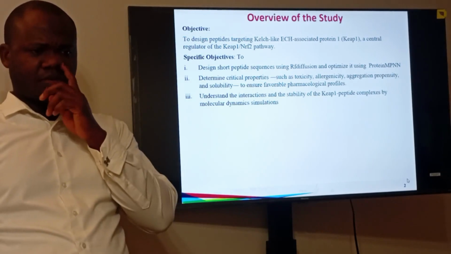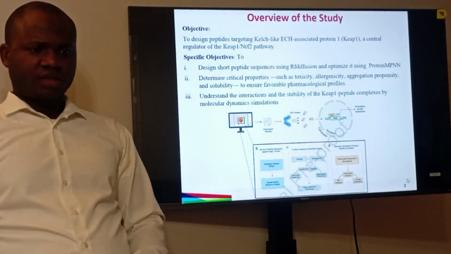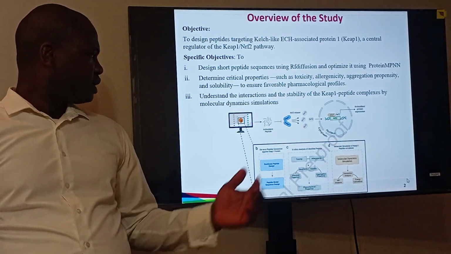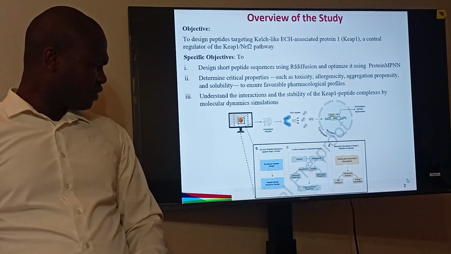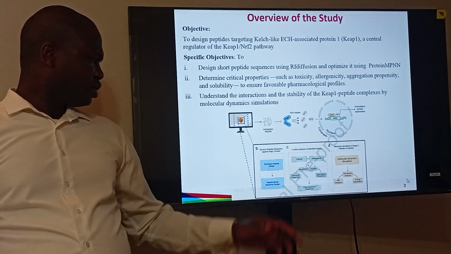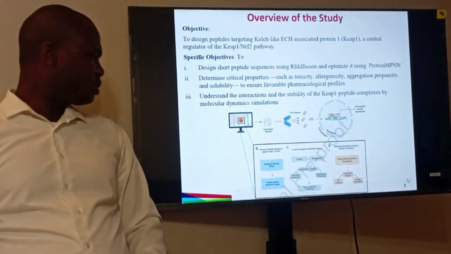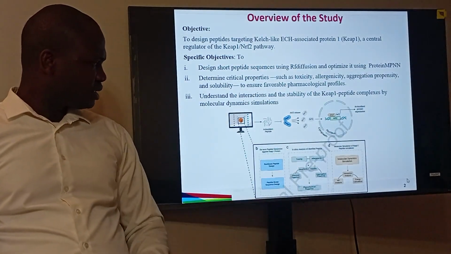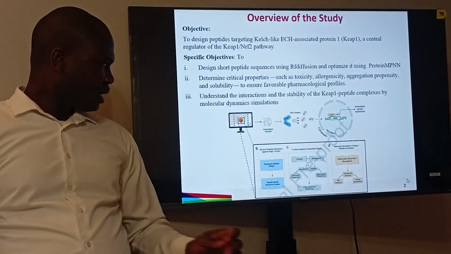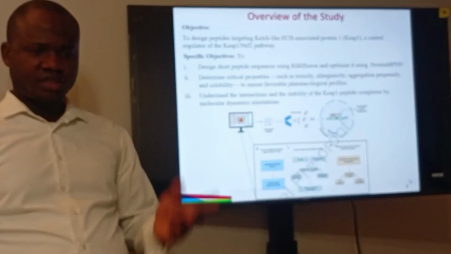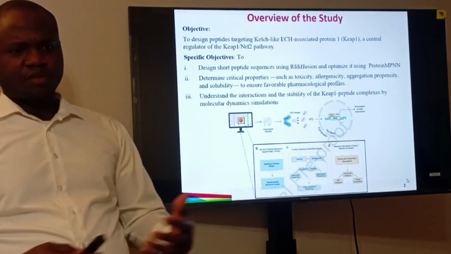The overview of the work in the paper is presented in this way: you have the backbone design of the peptide using RF diffusion, and then ProteinMPNN was used to generate the actual sequence that can bind to KEAP1. Then they used in silico analysis to identify different peptides that are biologically relevant, and then molecular dynamics simulation was conducted to understand the overall stability of the peptide-KEAP1